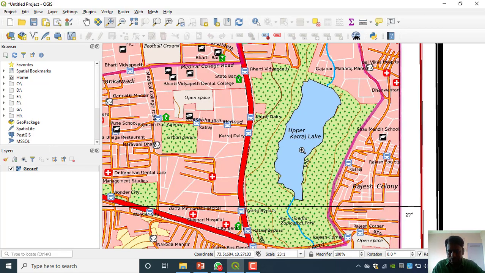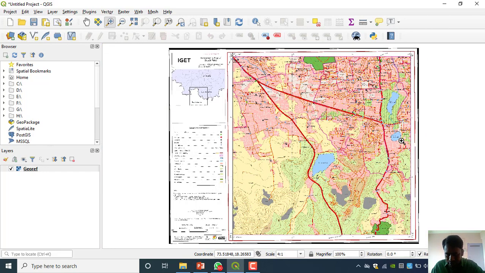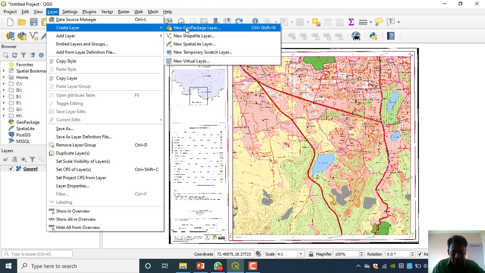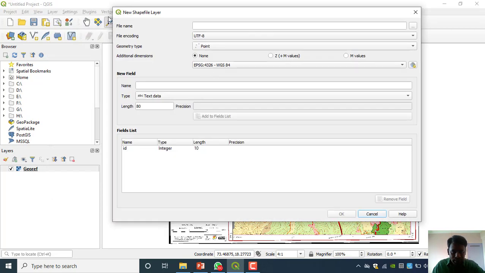This is a water body only. Upper Katraj Lake, here is one water body, here is one water body. We could go with the forests, two forests are there, three water bodies are there, so we'll go with the water bodies. To understand how to do polygon digitization, go to Layer, Create Layer, New Shapefile Layer, name.